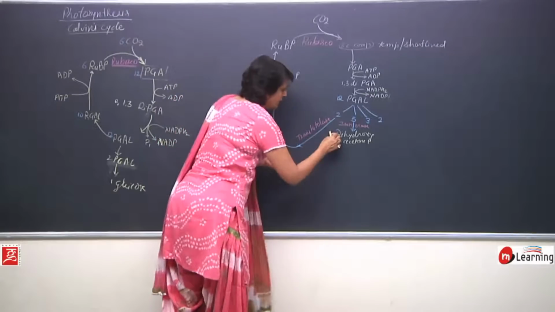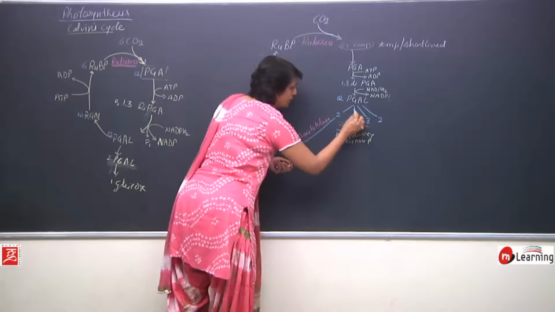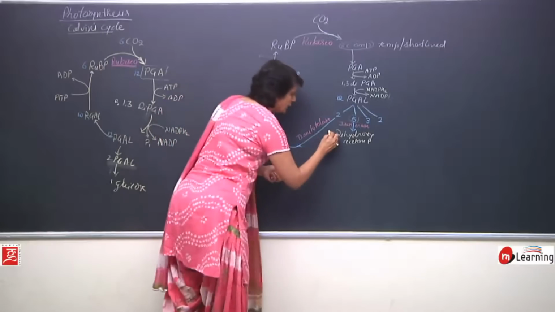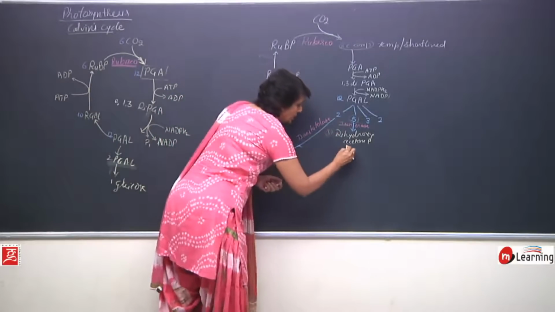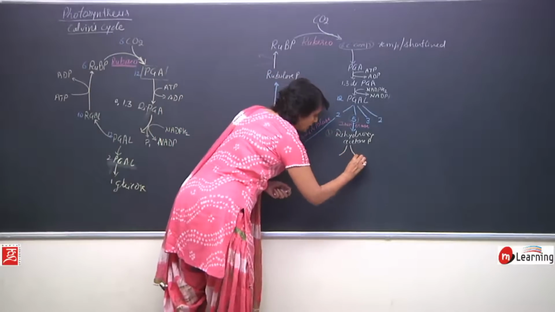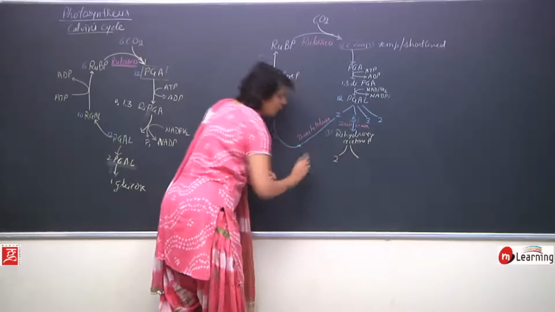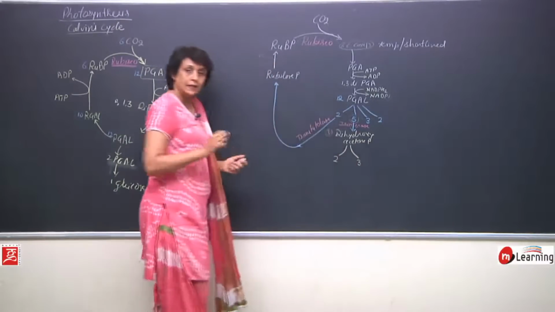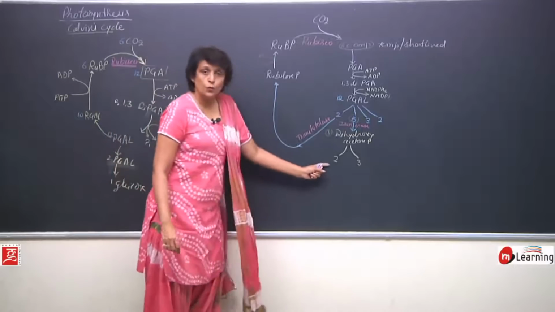These 5 molecules, 5 phosphoglyceraldehyde, are undergoing isomerization. So 5 of these will be formed. Now they divide again into 2 pathways. 2 follow one pathway and 3 go through the other pathway. The 2 which are here,